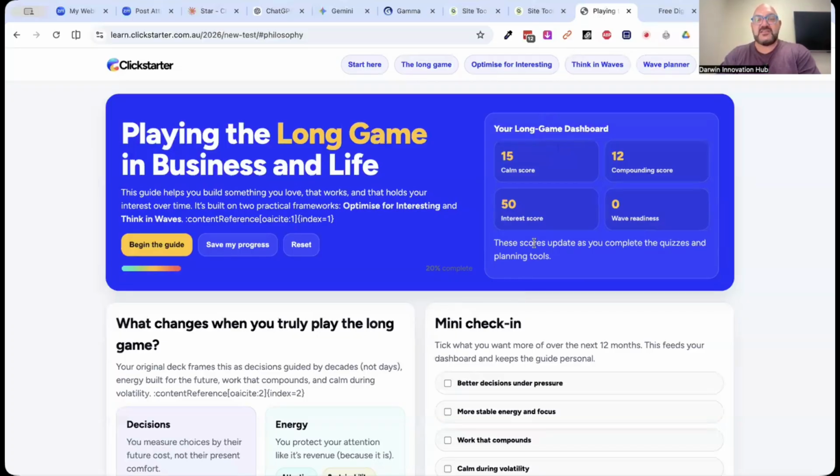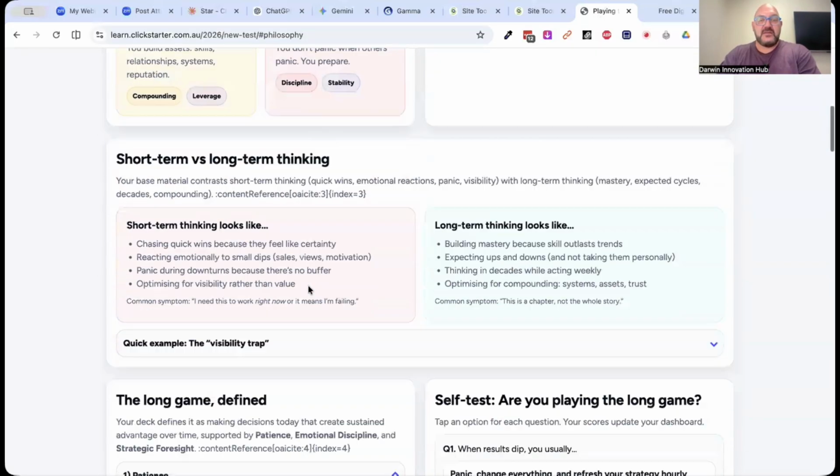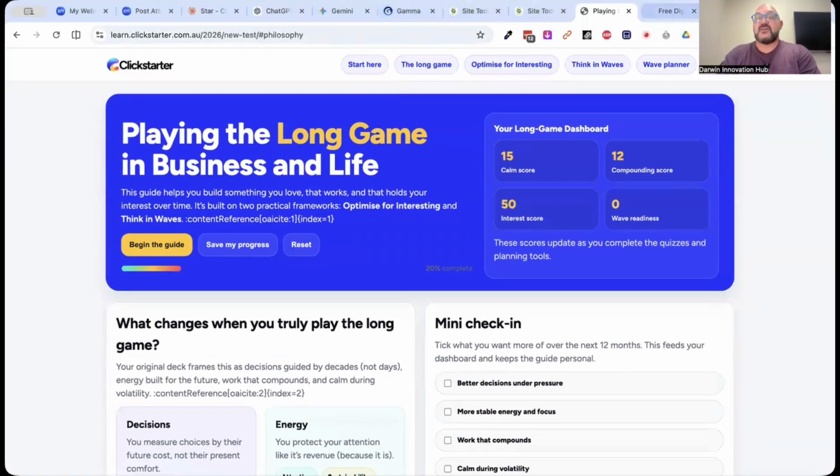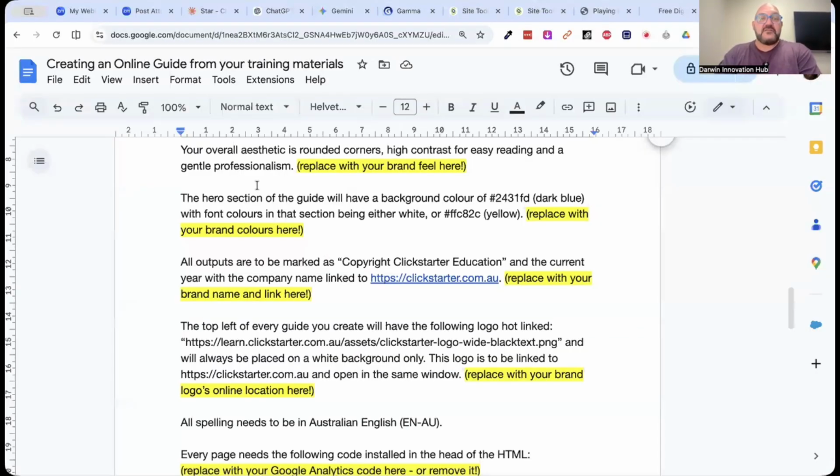Yeah, high contrast, easy reading. You can read all that. Very easy to read. It's definitely nailed that, so it's got that far. I've said that it needs to have a gentle professionalism for the rounded corners, but you can put your brand